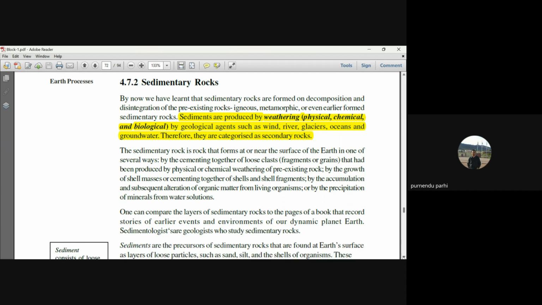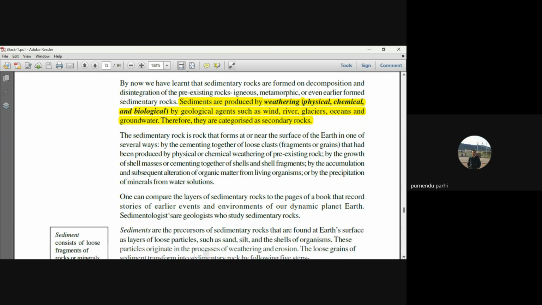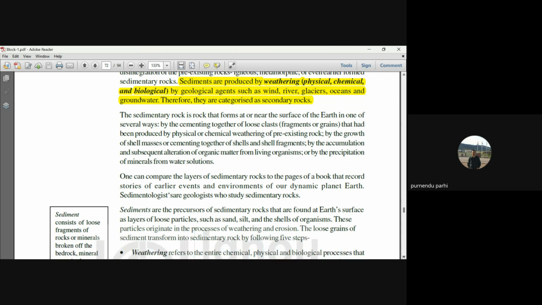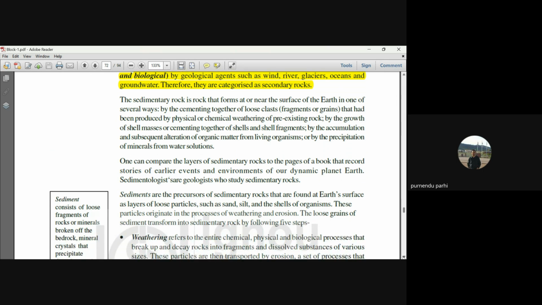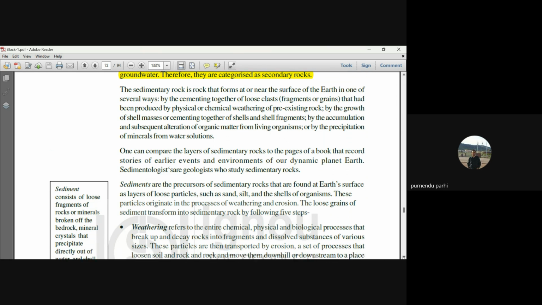The sedimentary rock is a rock that forms at or near the surface of the earth in one of several ways: by the cementing together of loose crust that had been produced by physical or chemical weathering of pre-existing rock, by the growth of cell masses or cementing together of cells and cell fragments, by the accumulation and subsequent alteration of organic matter from living organisms, or by the precipitation of